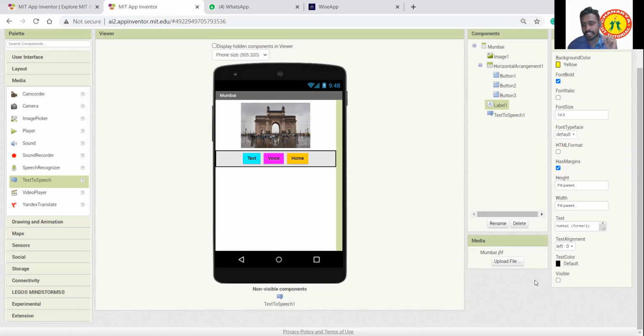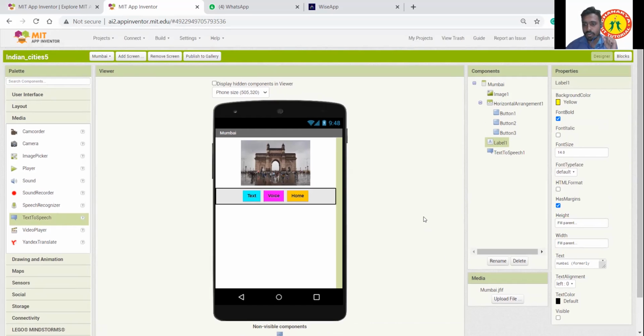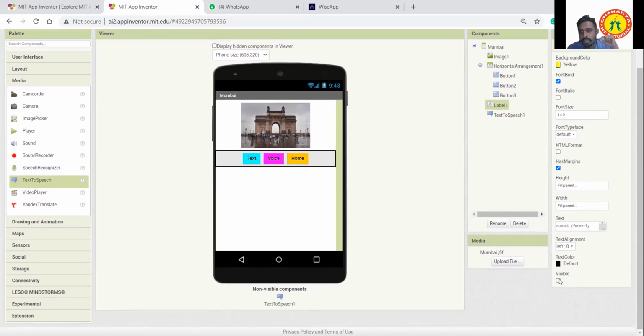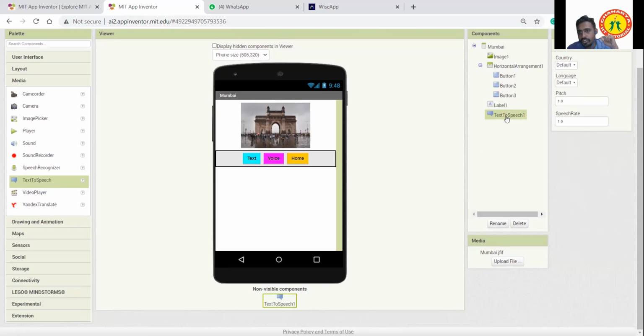We don't use build for testing because it takes more time. Just make this text invisible and make sure you have added text to speech in all the screens.